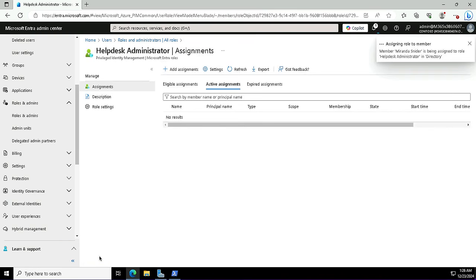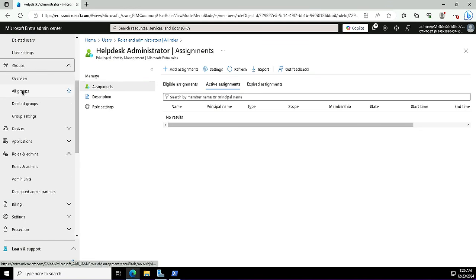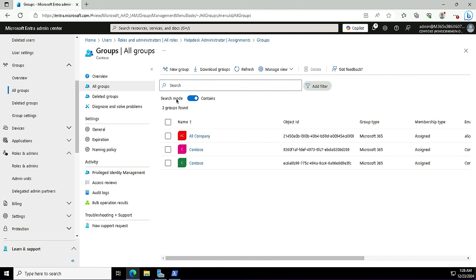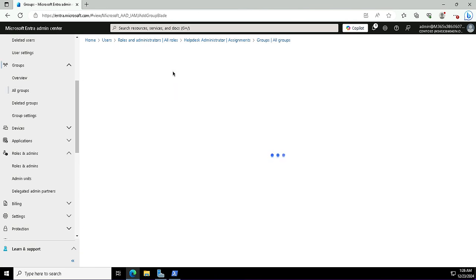Finally, assign this role. This is how we assign the roles to the users in Entra ID. I have used built-in roles. In case you want to create custom roles, you also can do so. Now let us work with the groups, which are used to logically unite multiple users to ease the permission assignment